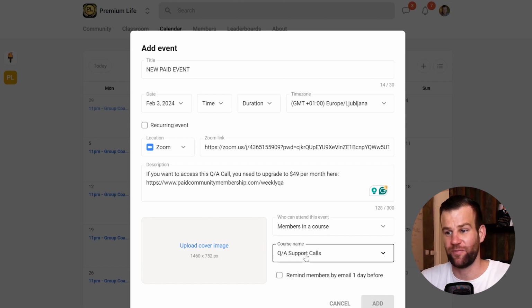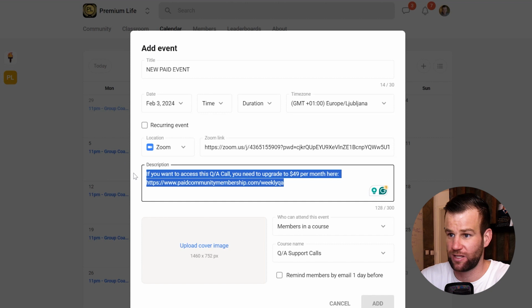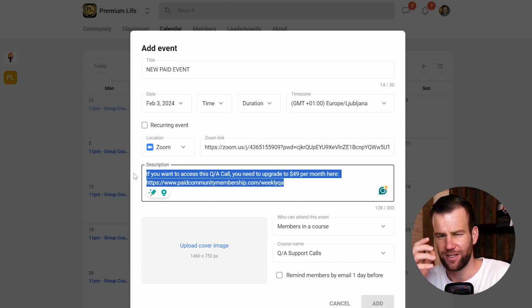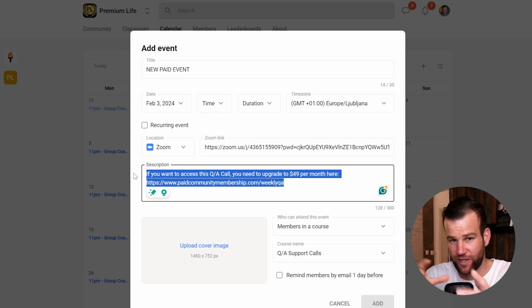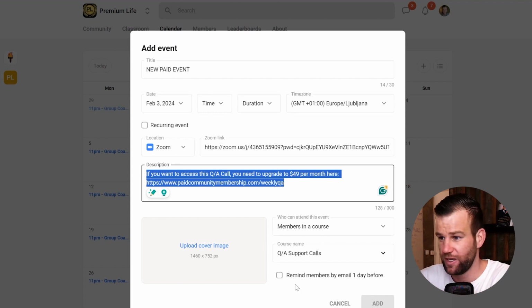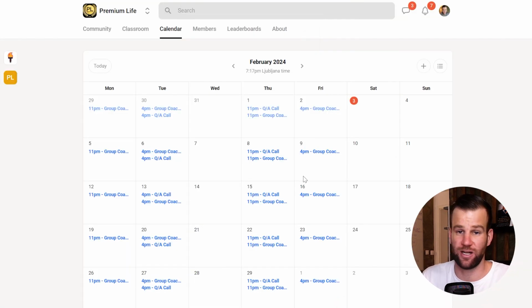And then for those who come to these calendar events and want to upgrade, you're going to need to give them the link to the page where they can pay. Did this make sense? It's a little complicated, but just do it step by step and figure it out the way that I showed you. You're going to need to do all of these three or four things. That's how this currently works